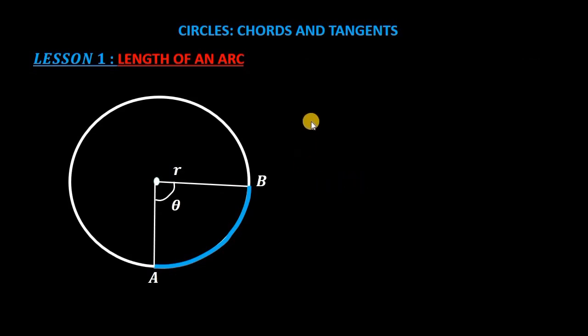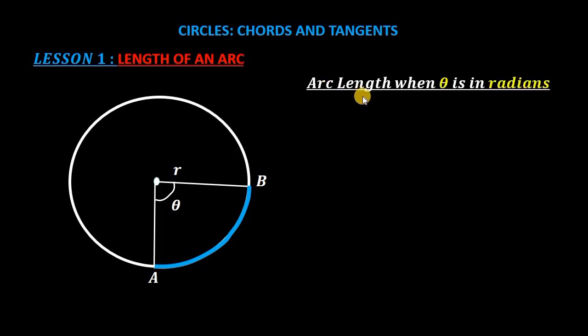The next case I want us to consider is when the angle subtended by the arc at the center is given in radians. Well, I want us to note here that when you are given angles in degrees, we can convert them into radians as follows. So we know that 360 degrees should be equivalent to 2 pi radians. Now this will help us rewrite our formula for easy calculation.